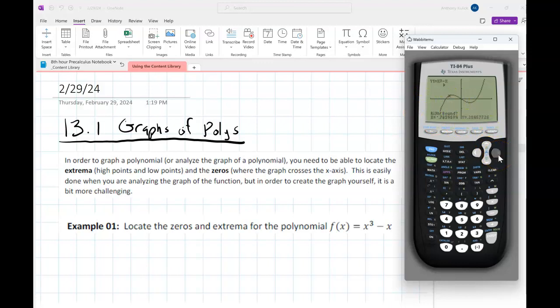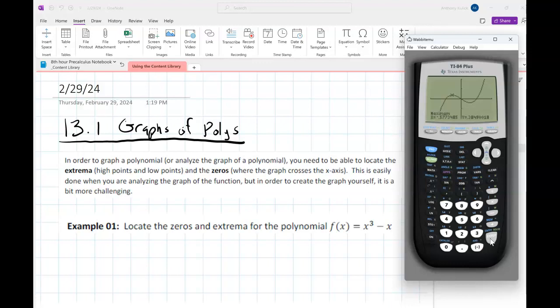So again, I'm going to use my right arrow button to move my cursor somewhere where it's right of where I think that maximum is. That looks good. I'll press enter. And then the guess, as long as there's just one extrema in between your left bound and right bound, your guess doesn't really matter. So I'm just going to press enter again. And I get negative 0.577, comma,